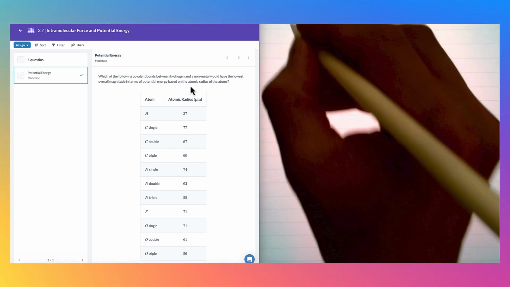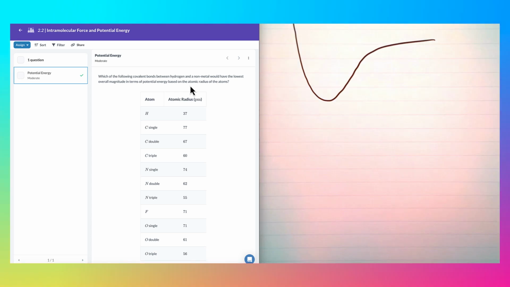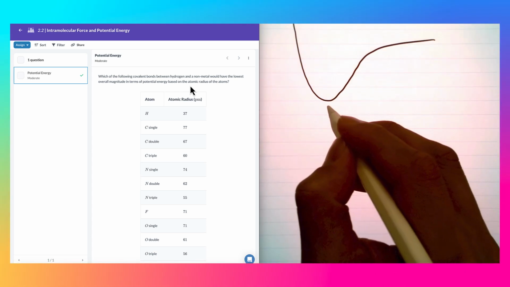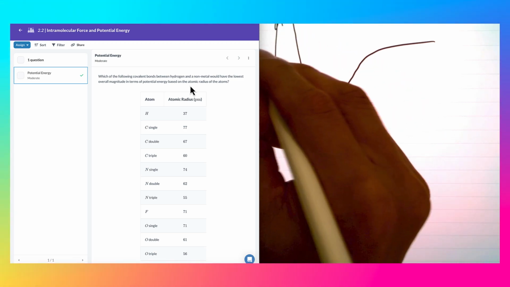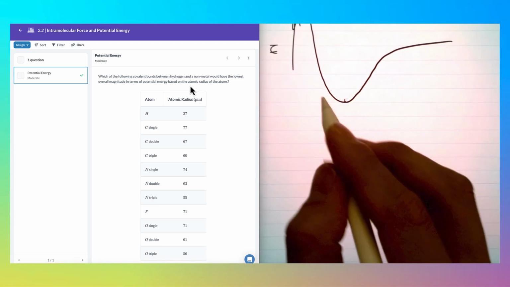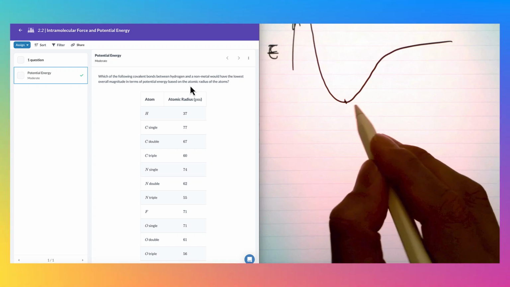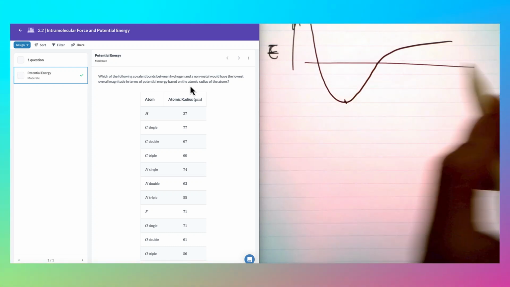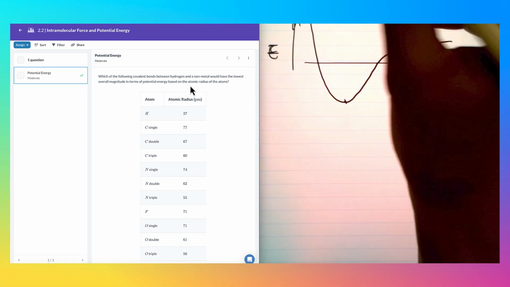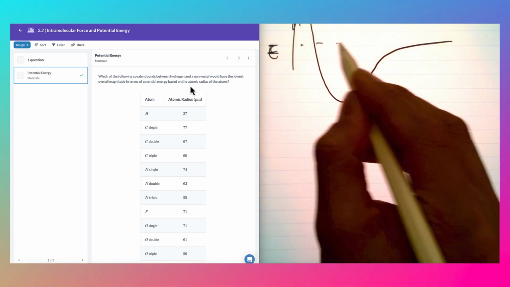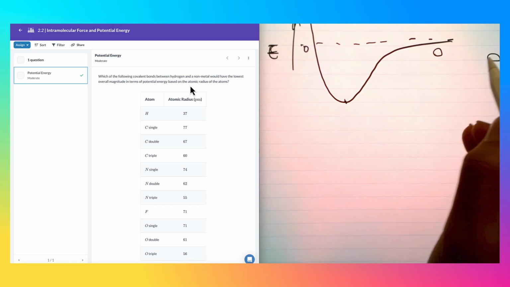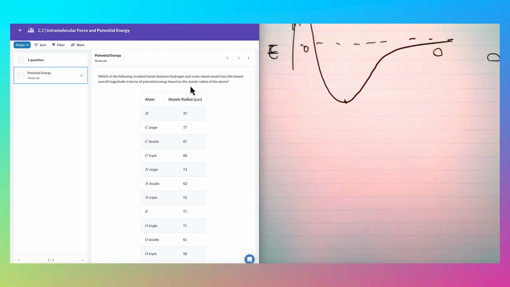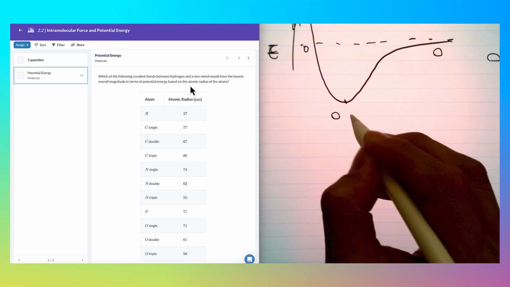Okay, so clearly remember the typical graph of the internuclear distance, that the lower the potential energy you get, the more stable. So we can just assume that this is like a 0. So if two atoms are really far apart, then there's hardly any potential energy between them. But when they have a perfect size,